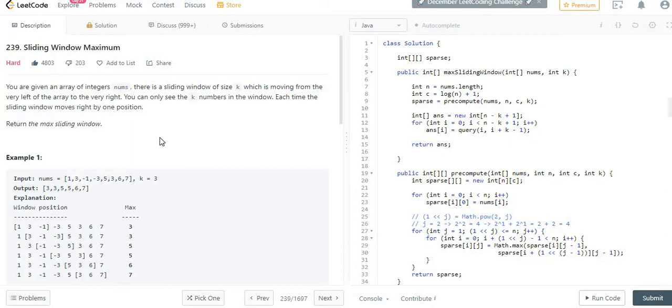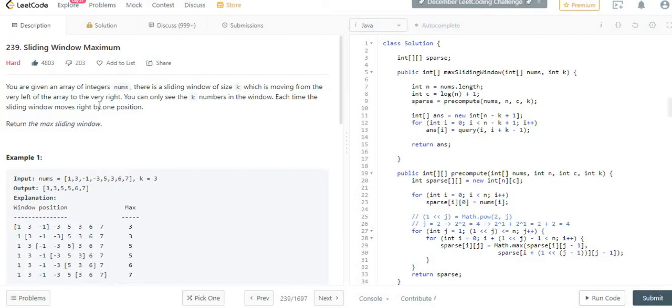To solve this problem, we can use multiple techniques. The first solution is the brute force solution. We can have for loops, keeping the outer for loop at the ith value, which holds the current position in nums, and from that position we iterate over the next 3 elements, since the size is 3. Similarly we do this for all the elements, but it will give us TLE, and that solution won't work over here.